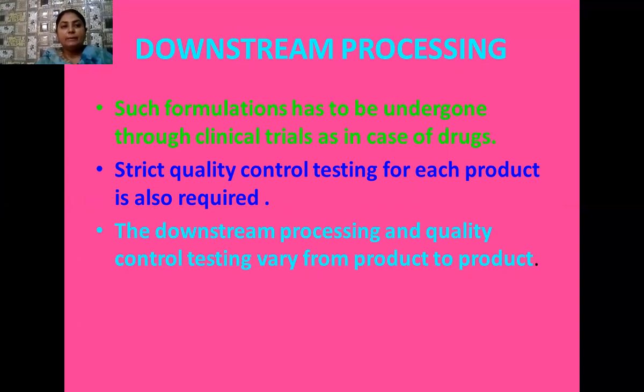And if it is an agrochemical, we do different types of testing in the field by applying it on different crops and see what kind of effect it has on our crop plants, whether they increase the yield, whether they show resistance towards certain diseases or specific soil conditions, saline soil, acidic soil, whatever. Okay, students, after passing through strict quality control tests, it is time to launch our product. So after the process of downstream processing, we launch our desired product, which may be any protein, enzyme, or drug.